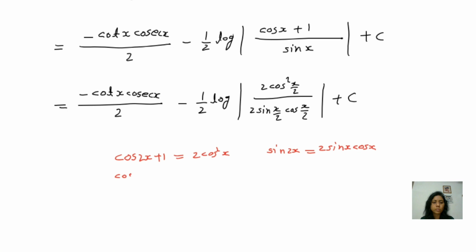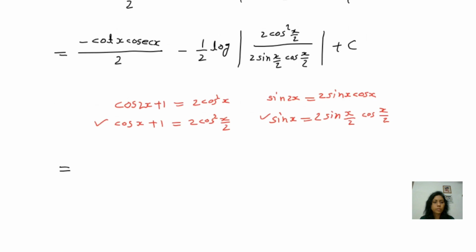So cos x plus 1 is equal to 2 cos square x upon 2, and for sin x the angle is just half, so 2 sin x upon 2 cos x upon 2. I used this. Here the first term we write as it is, minus cot x cosec x